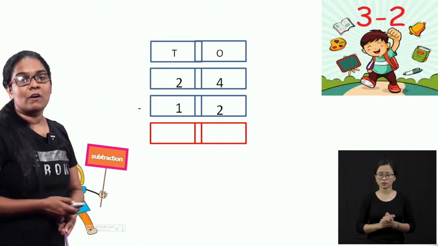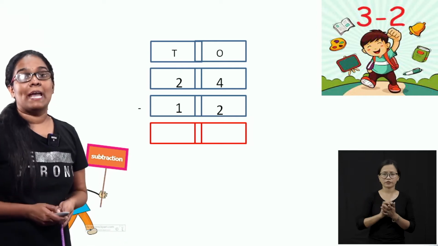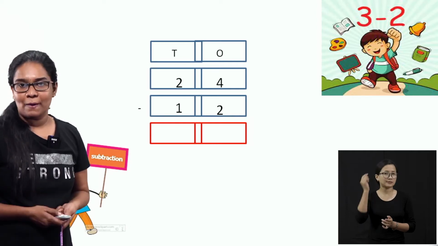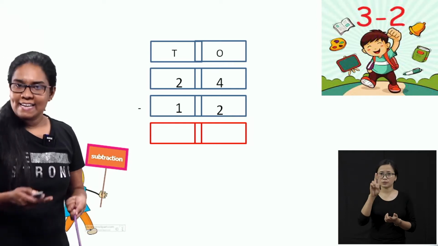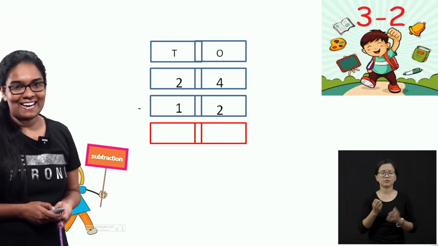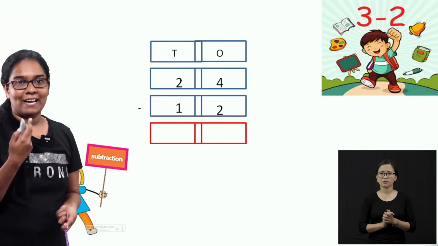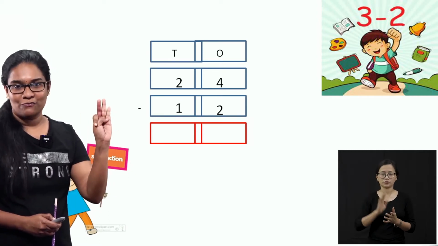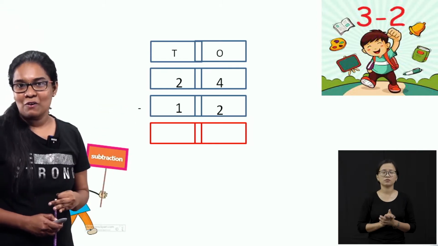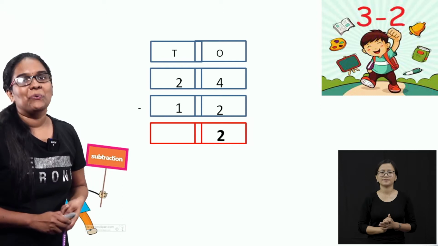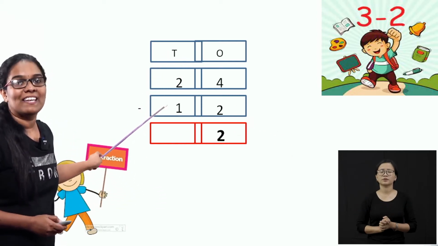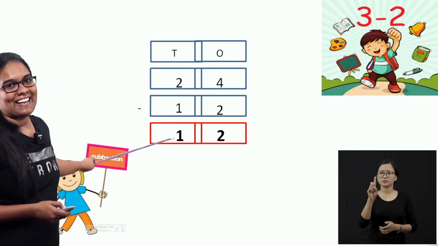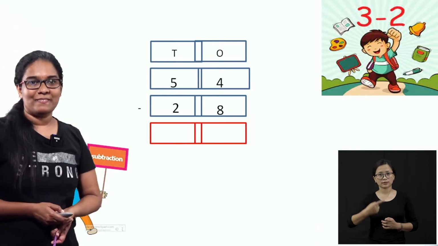For subtracting 2 from 4, first you keep the bigger number in your mind. Which one is the bigger number, 4 or 2? Yes, 4 is the bigger number. Then first you keep the 4 in your mind. Then count from 3. 3, 4. Then what's the answer? 4 minus 2 is 2. Then 2 minus 1 is 1. Then the answer is 12.